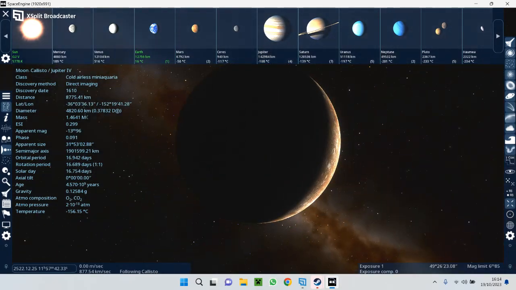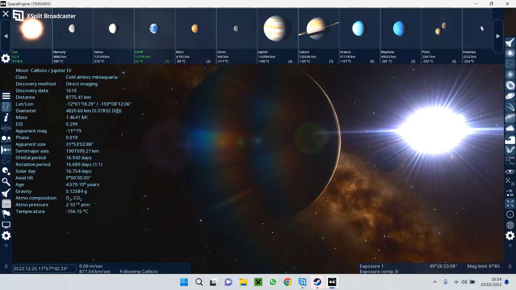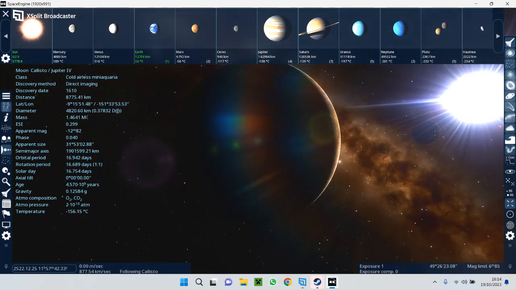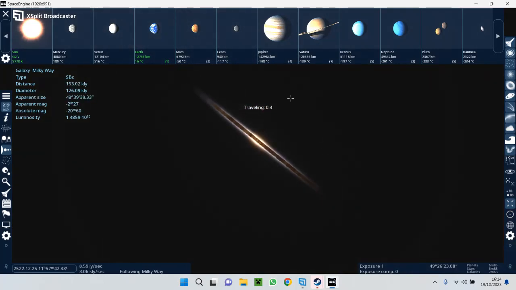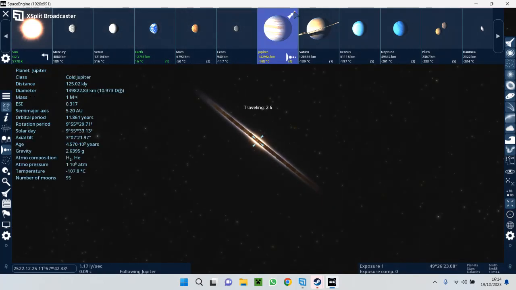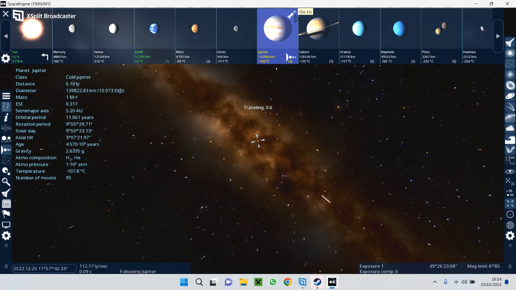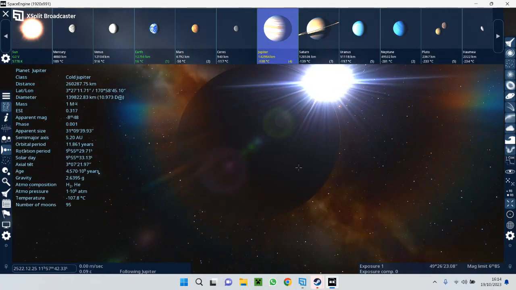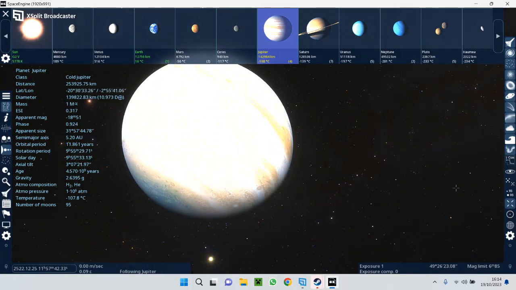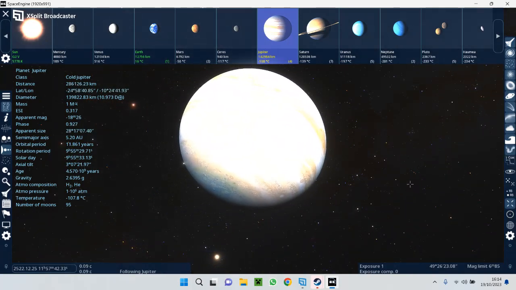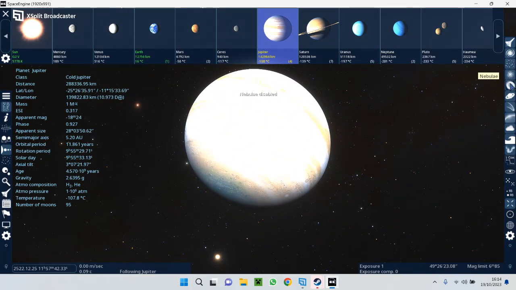What's the view from Jupiter here at this specific time? Oh, it's just a shadow. Just go down. Hold on, what the hell? Oh, I clicked on the Milky Way. Whoops. Let me go back to Jupiter. Yeah, there we go. I actually clicked on the Milky Way. I was meant to click on Jupiter. I'm going to disable stars and see clusters now.